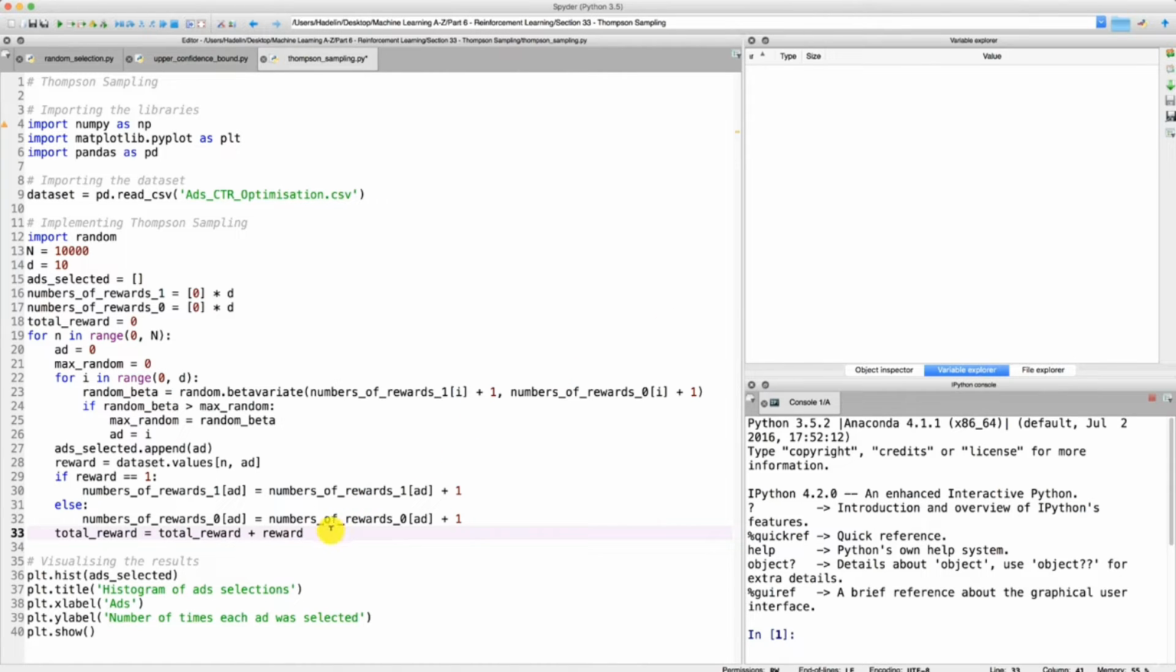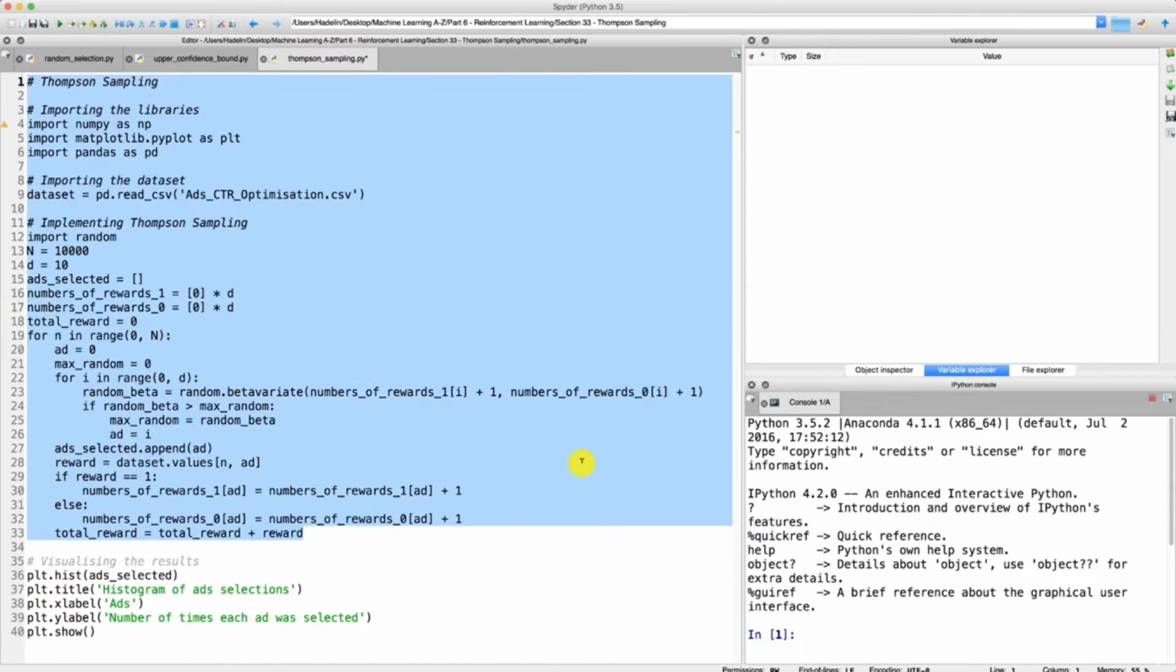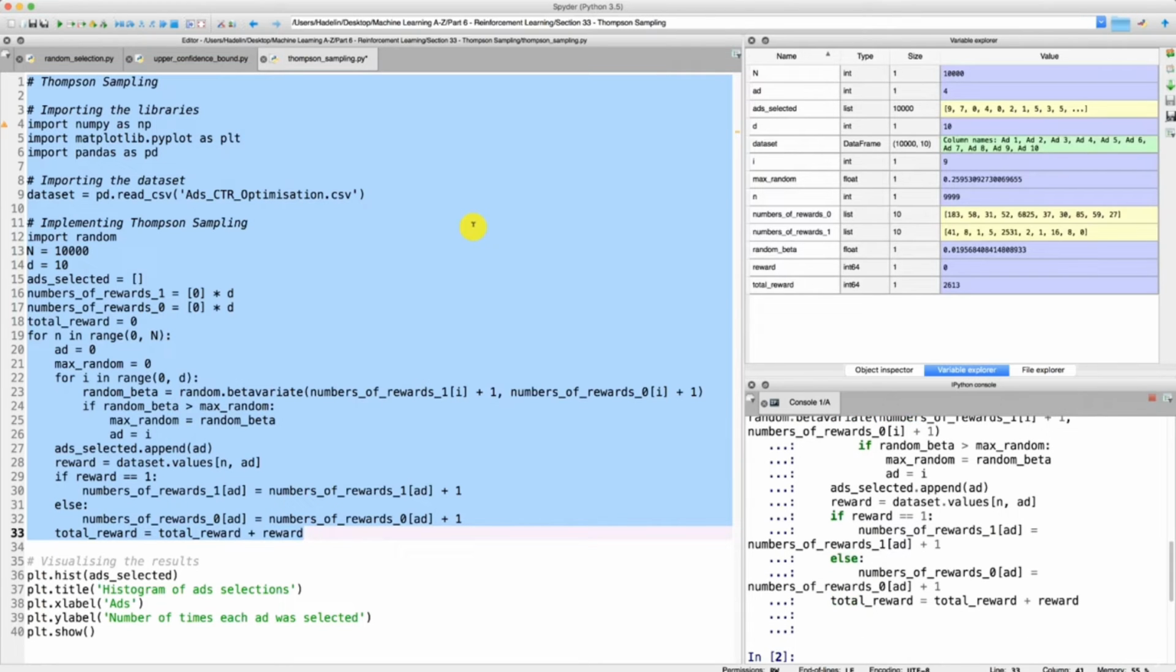And now let's select everything from here to the top, because we haven't imported the libraries, we haven't imported the dataset. So we will execute everything all at once to immediately get this final result that we're so excited to find out about. So ready? I'm going to press Command plus Enter to execute, and let's see who is the big winner. Here we go. And it turns out to be Thompson sampling, because we got a total reward of